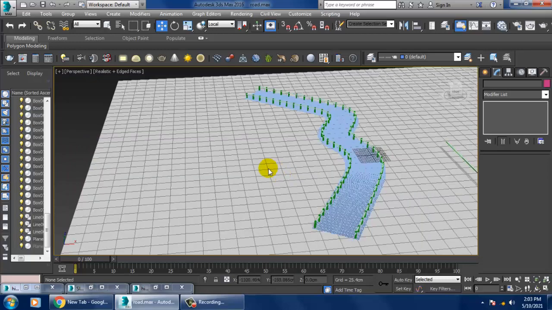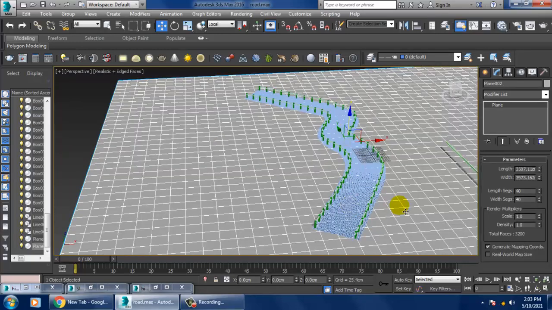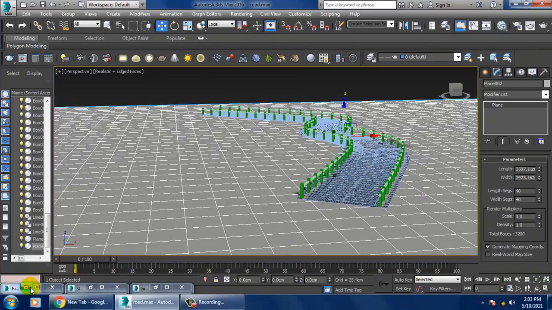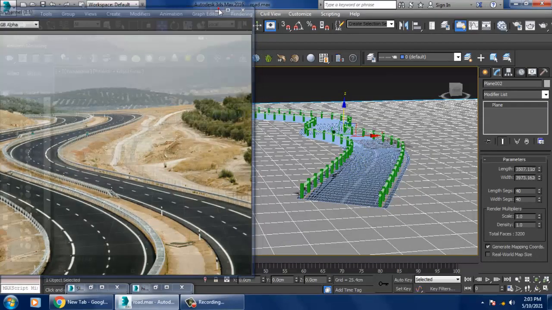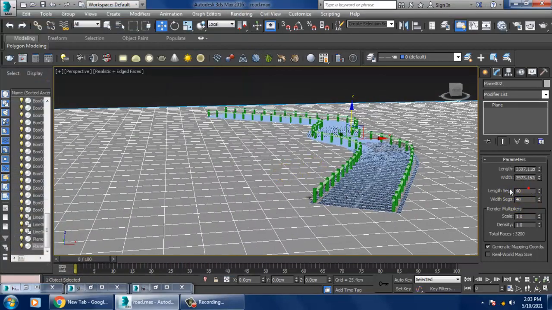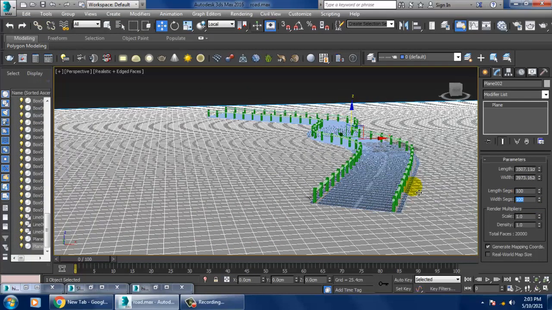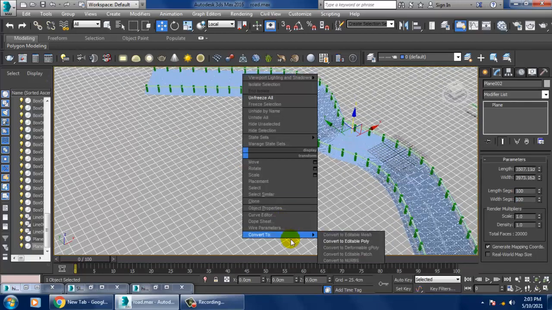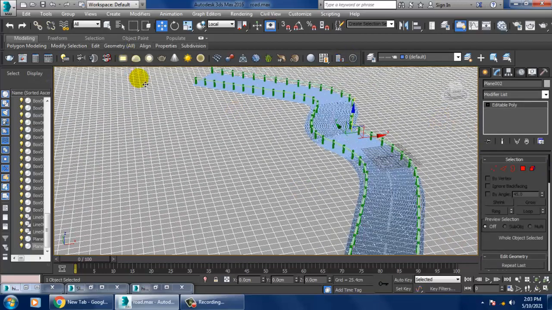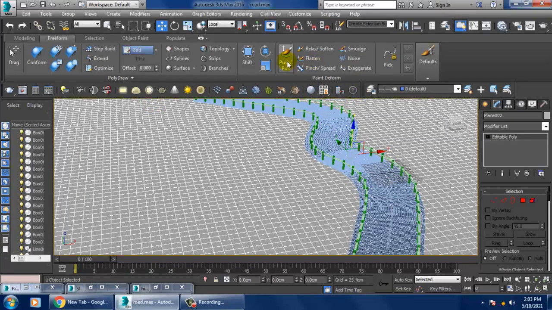And now if you go over here and freeze, I'll just select this part, and if you look at it closer, this is very uneven. You can make it look uneven over here, but we need to add some segments. So once you're done, you can just convert to poly over here, and you can go into this freeform, and you have a freeform option over here. Push and pull, you can use this push and pull option.